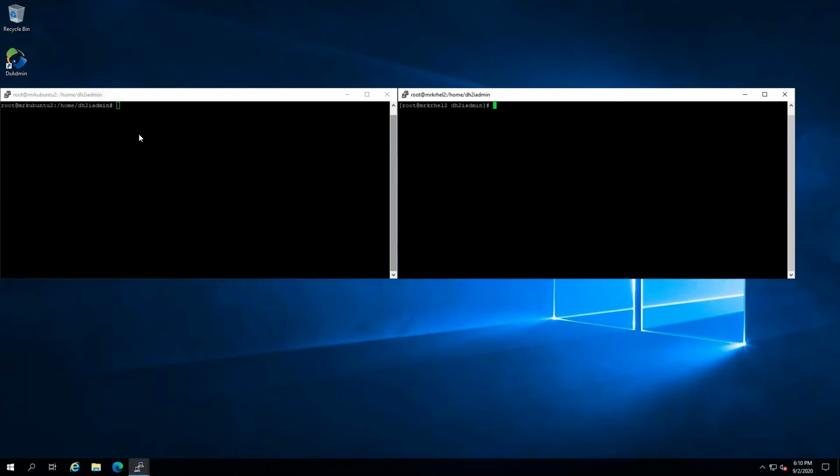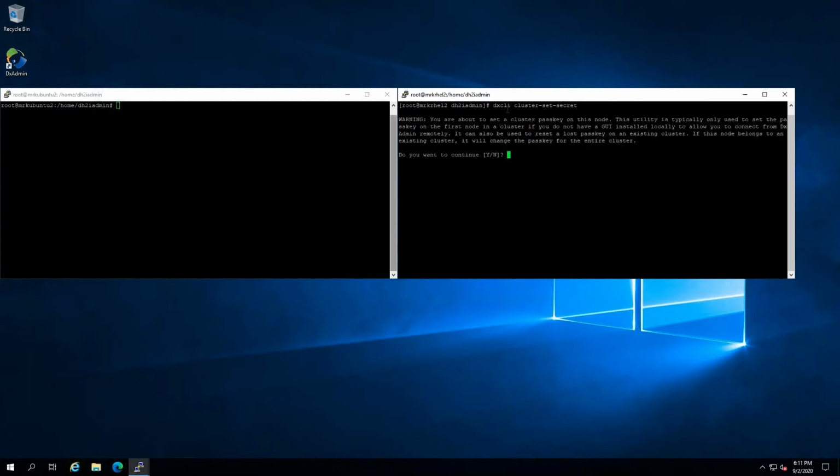One thing I've also already done is presented a couple of Azure shared disks to both of these Linux nodes. So the first thing that we're going to do is join these nodes together, because right now they both have DxEnterprise, they've been activated, but they're separate, they're standalone. So we need to join them into the same cluster. So from this Red Hat node here, I'm going to issue the command to set a passkey for the cluster. So DxCLI cluster set secret. Okay, so it's saying, are you sure you want to set a passkey here? We'll say yes. We'll enter our passkey,